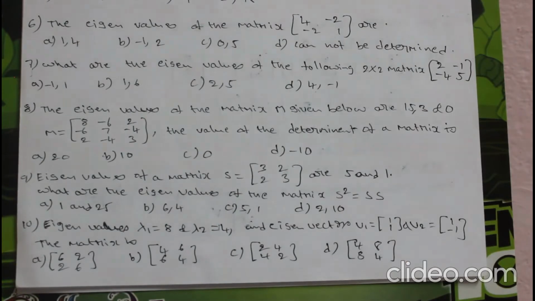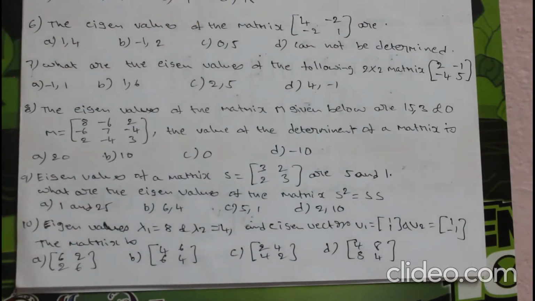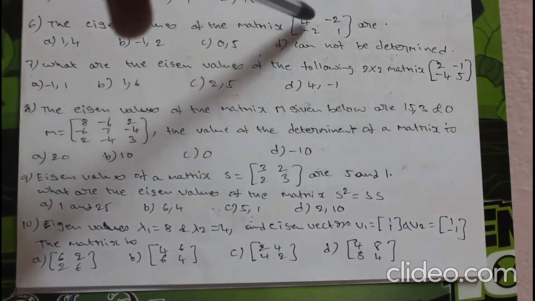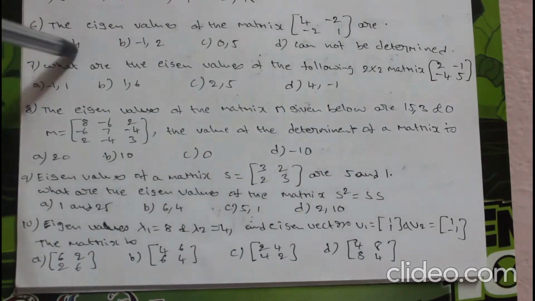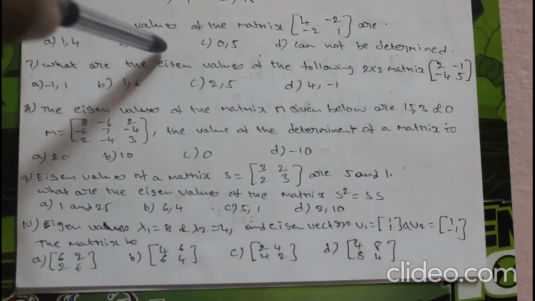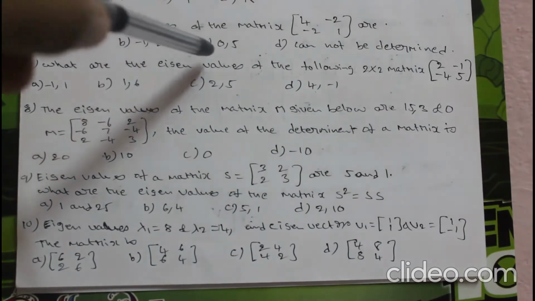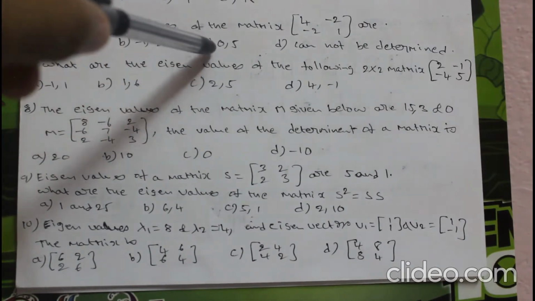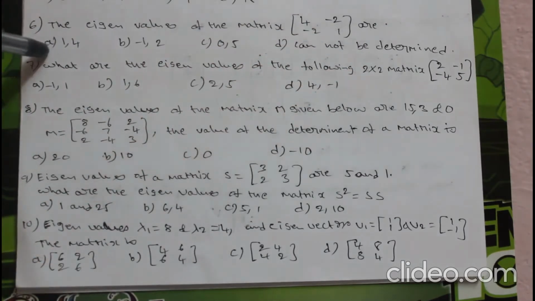Now question number 6. The eigenvalues of the matrix 4, minus 2, minus 2, 1 are. Now apply point number 1. Sum of the eigenvalues is equal to sum of the diagonal elements. So sum of the diagonal elements is 4 plus 1, 5. Now look at the options. 1 plus 4, 5, so it may be correct. Option B, minus 1, 2. So 1 is not equal to 5, so it is eliminated. Look at option C, 0 plus 5, so it may be correct. D cannot be determined. So option A or C